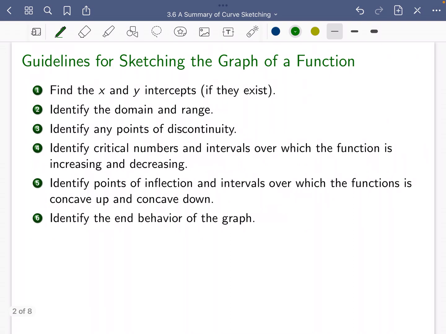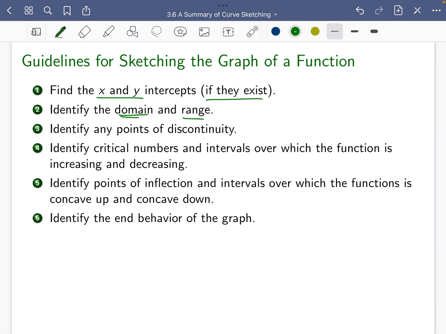All right, so here are the guidelines that we're going to look at for curve sketching. So first thing we'll do is we'll see if we can identify the x and y intercepts. Sometimes they won't exist, but we will go through and see that. We will identify the domain, and then if it's readily available, we will identify the range. Sometimes we'll skip over the range, but we'll at least make a glance at it, see if we can identify anything about the range. Is it always positive, always negative, or could it be positive or negative, or is it